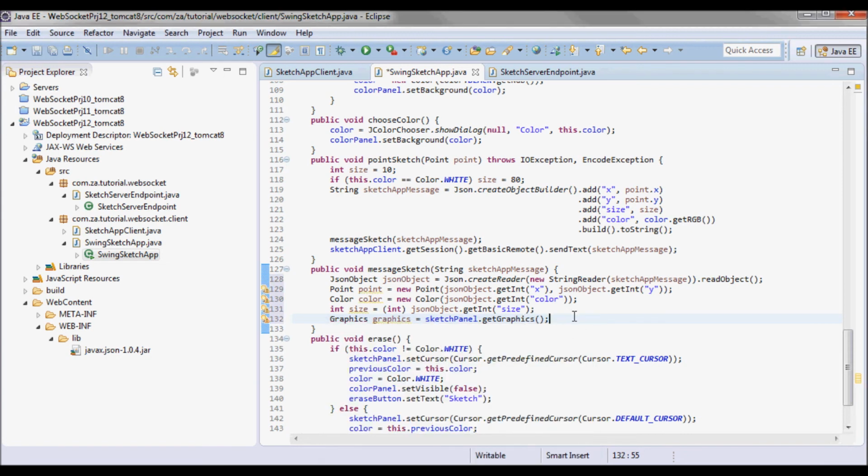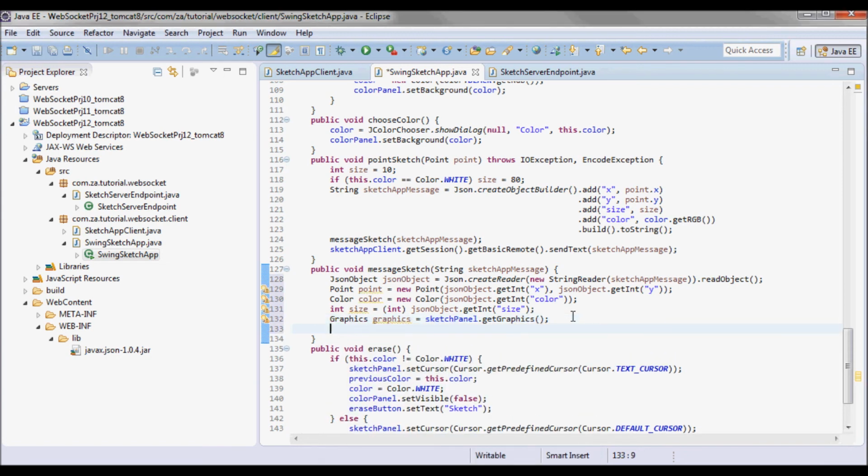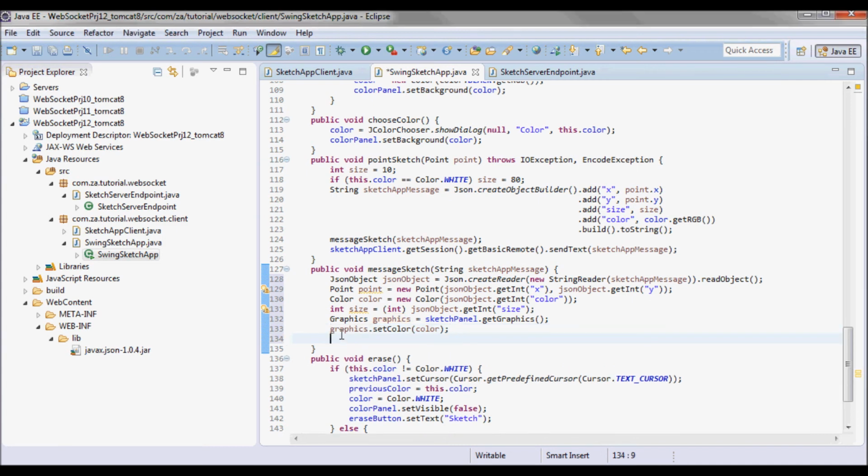So sketchPanel.getGraphics, and do graphics.setColor, and call the fillOval method that would do the actual sketching. So point x minus size and point y minus size and the size.